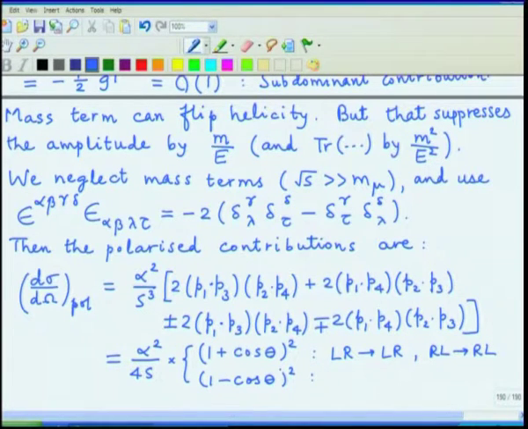And in this particular case, one has to keep in mind that we have assumed a perfectly polarized state. So, there is no averaging factor to be included in the sum over the spins. We have made a specific choice explicitly, and this one is valid for LR going to RL or RL going to LR.